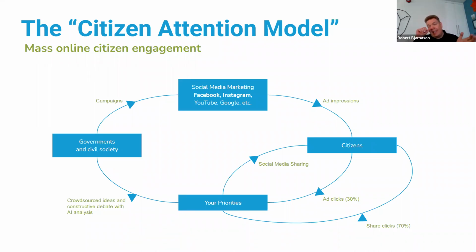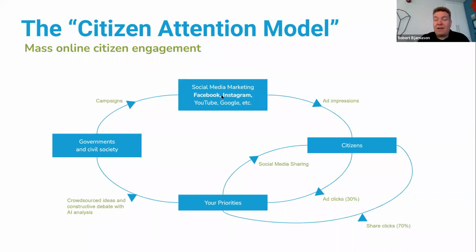And this is, if you start on the left, we have governments and civil society doing a campaign, and we see the first arrow. I'm not sure if you see my pointer, but you have a campaign for, let's say, a new citizen engagement project.